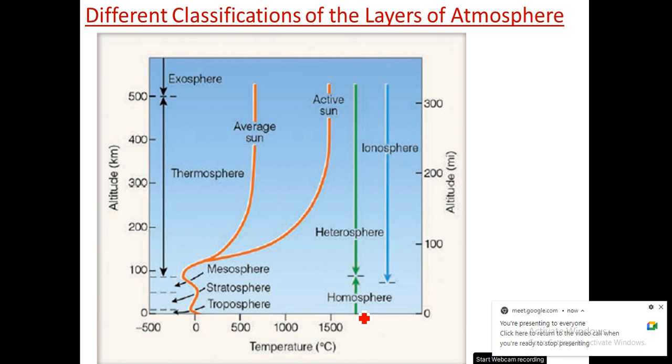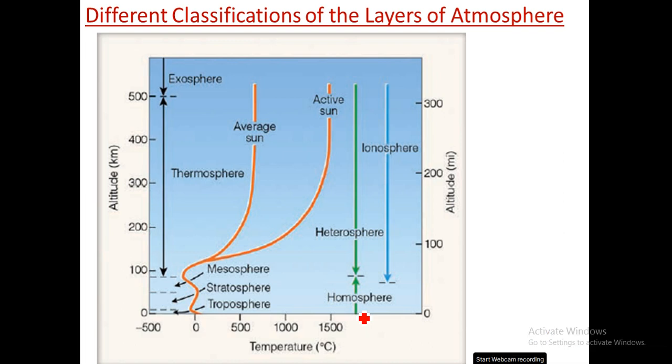In the lower layers, that is in the homosphere, the composition of the atmosphere is almost the same: 78% nitrogen, 21% oxygen. This composition remains the same throughout the homosphere till the thermosphere. What happens after the thermosphere is that the energetic rays from the sun start to